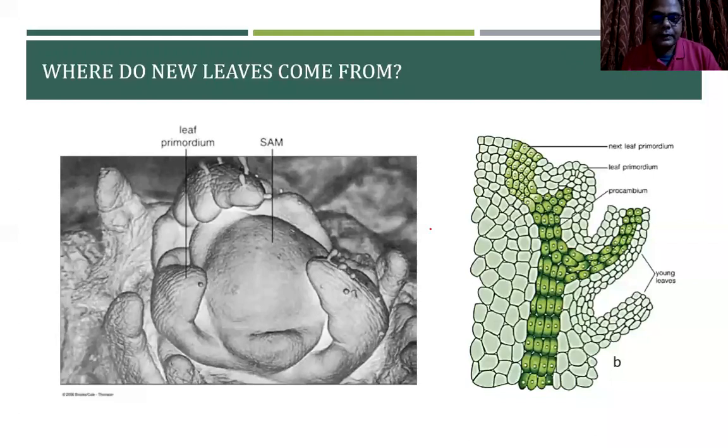Now, while we understand the structure of the leaf, it is also important to understand where the new leaves actually come from. The leaves originate from the meristem. So, if you push away the older leaves of the buds, you will see several crescent-shaped bumps on the flanks and the tip of the shoot apical meristem, in short form called the SAM. These are the few new leaves formed in the early stages of development. They are called the leaf primordia.